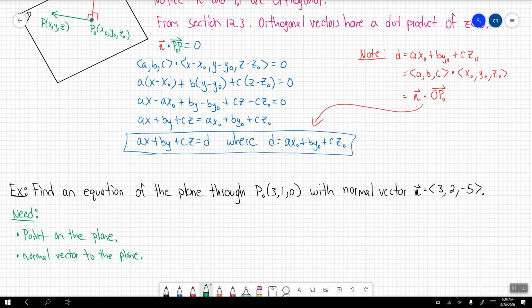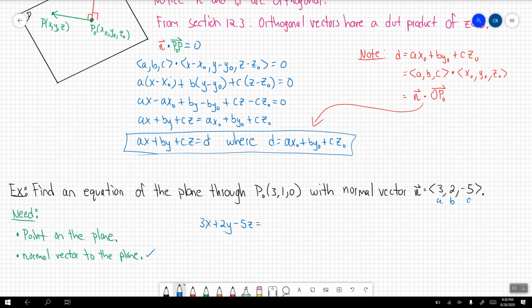Now I'm given a point on the plane, so that's awesome. And I'm also given my normal components. So your normal components given, that's your A, that's your B, and that's your C. So according to the equation of the plane, we have AX plus BY plus CZ. Given this normal vector, great, I got it. So I'm going to have 3x plus 2y minus 5z is equal to, now I